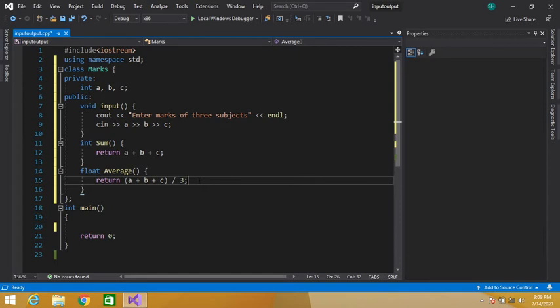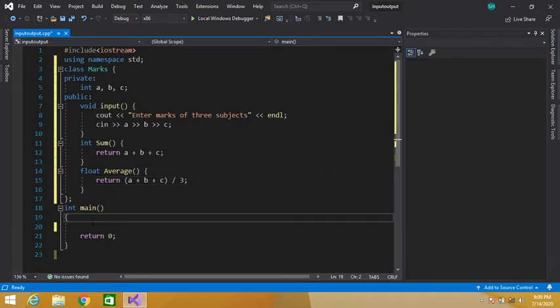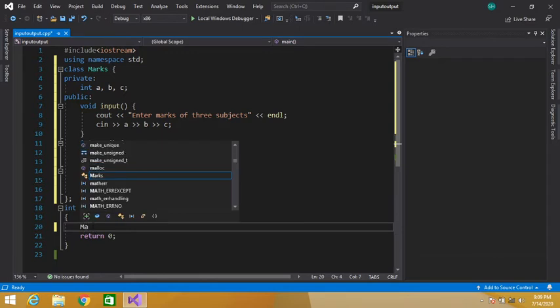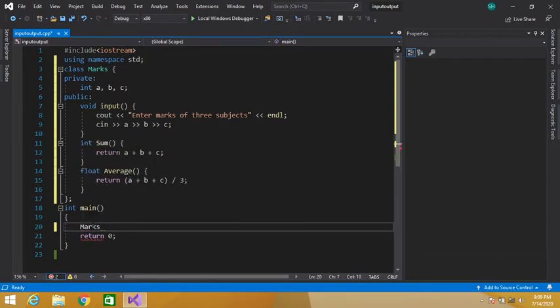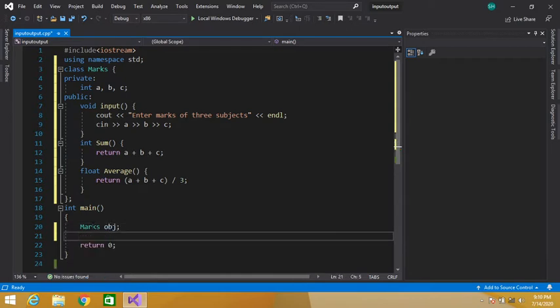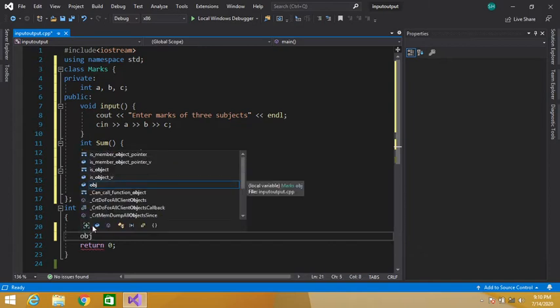Okay guys, now we have defined our three member functions. Now let's create an object of our class. The name of our class is marks. To create an object, simply write the name of the class and then the name of our object. Let's say obj. Now using this object I will call my three functions.